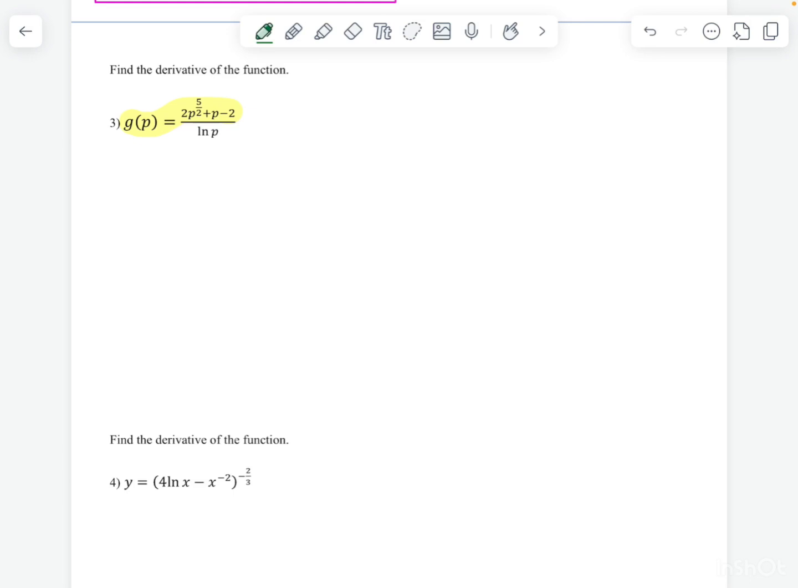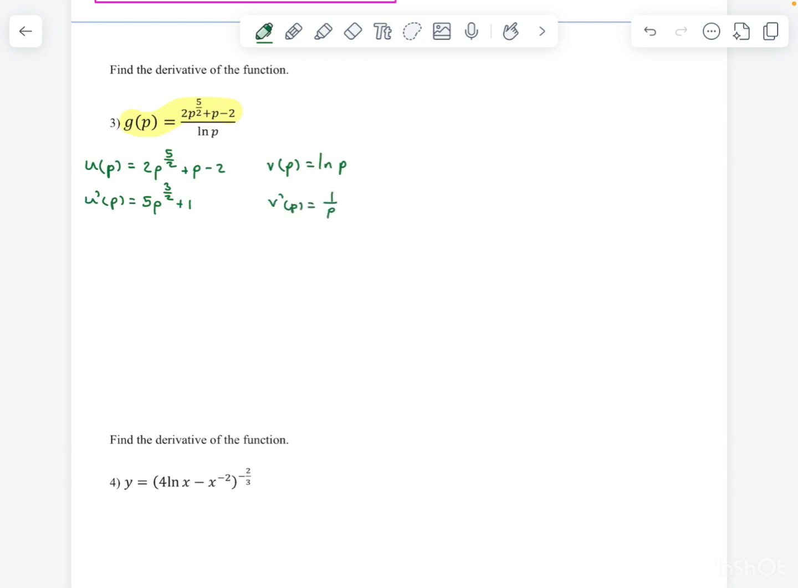Since g is a rational function, we are going to use the quotient rule to find the derivative. So I'm going to let u equal the numerator, and I'm going to let v equal the denominator. The derivative of u is 5p raised to the 3/2 power plus 1, and the derivative of v is 1